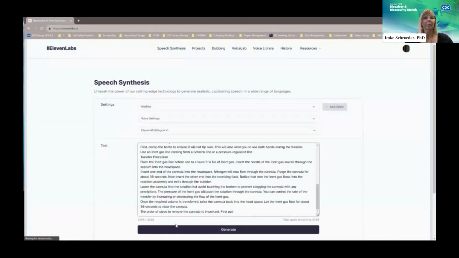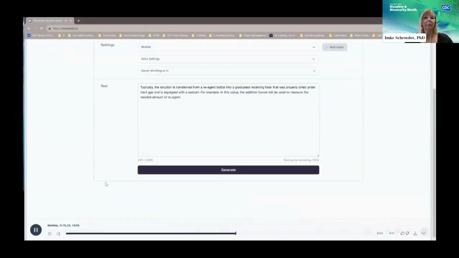While I'm generally accurate with most words, I sometimes struggle to pronounce technical terms correctly, and am sometimes inconsistent in how I pronounce the same word. For example, by default, I pronounce the word reagent as regent. The developer had to add a hyphen between re and agent to ensure proper pronunciation. When the narration is acceptable, select the download icon to download an MP3 file.